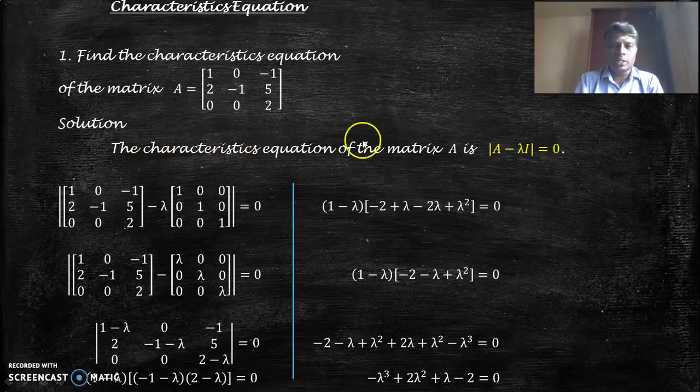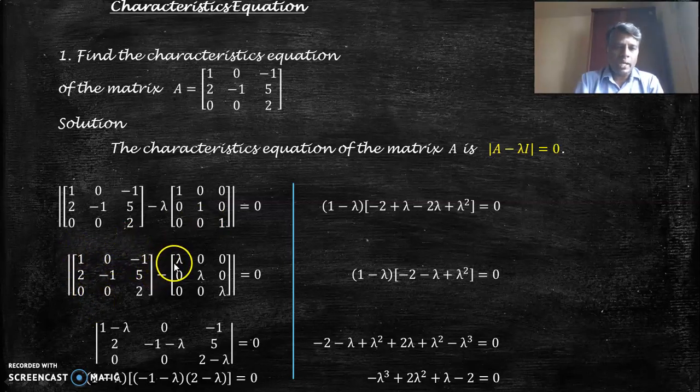The characteristic equation of the matrix A is the determinant value of A minus lambda I. A is the given matrix, lambda is a scalar, and I is the unit matrix with order 3. So we substitute the matrix A and minus lambda. This is the unit matrix. This becomes